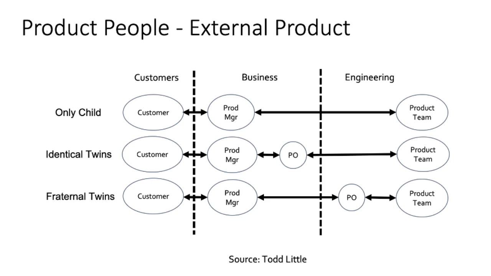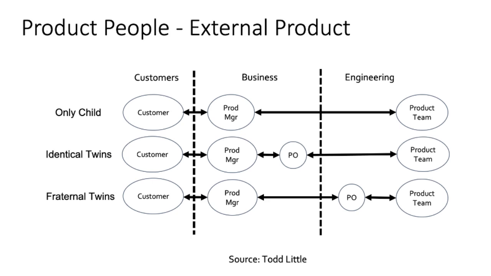As the product gets more complex and the organization grows, you may see someone brought in to be a full-time product person so that the founder can concentrate on other things. As the product continues to grow in complexity, you'll reach a point where one person, even if acting only as a product person, cannot effectively put forth the effort to understand their customers and build a shared understanding with the product team. This usually coincides with the need to add more product teams to the mix. Some organizations keep the number of product people to one per product team, in which case you have multiple instances of the only child model.